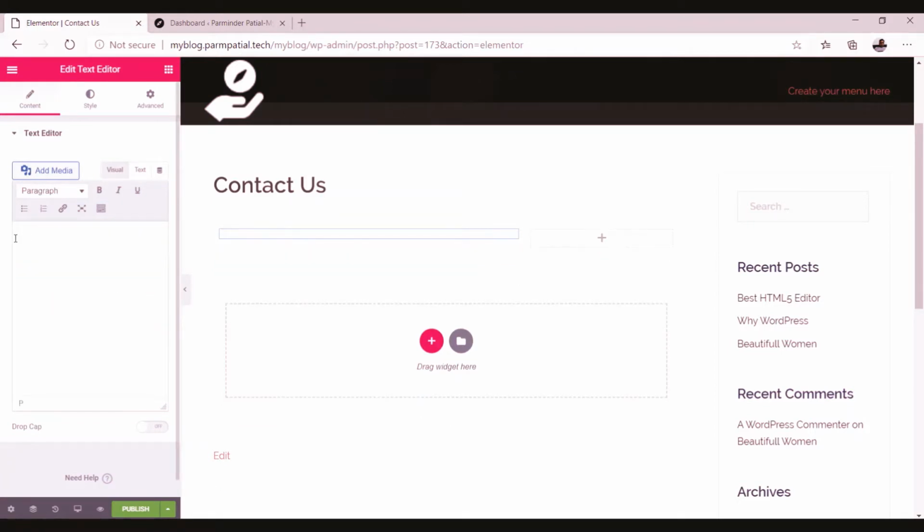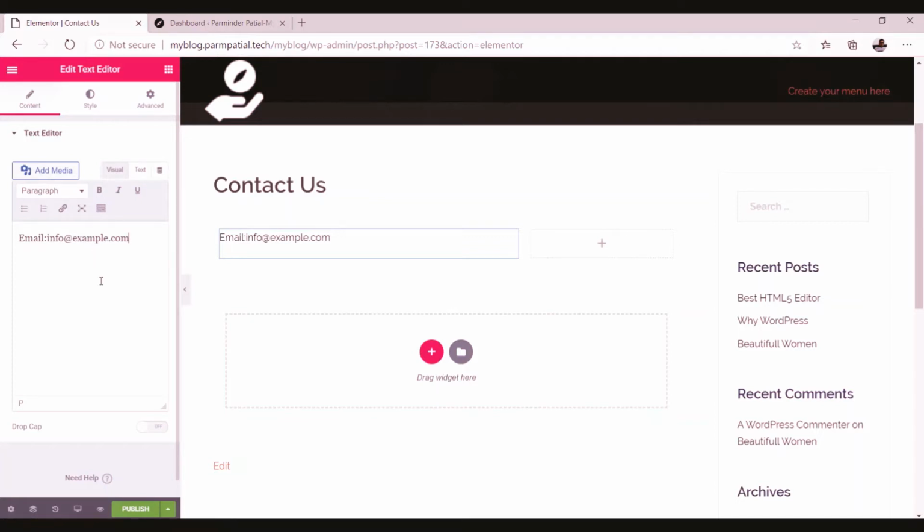First that I would like to add is the email. So I will type email, and then here you have to type the email that you want to give the user to contact you. In my case I'm selecting info@example.com.